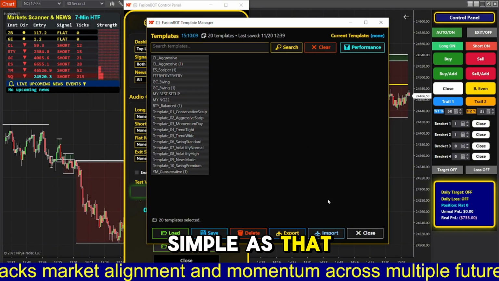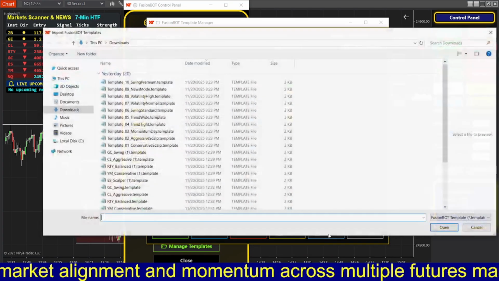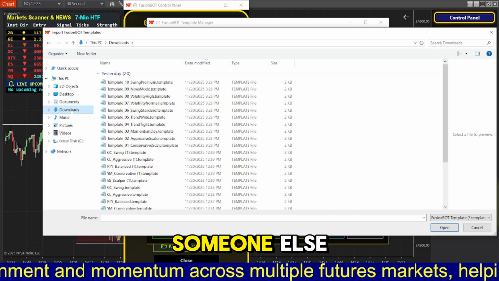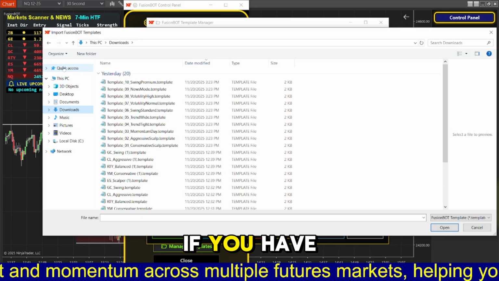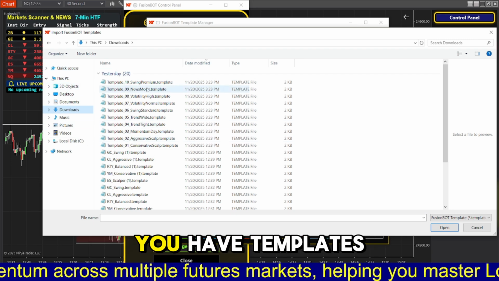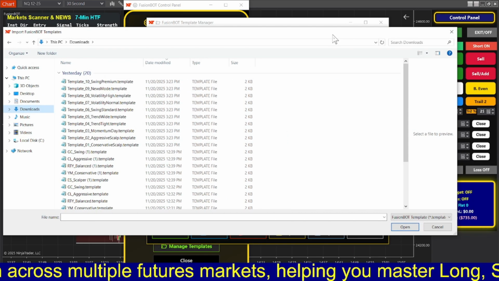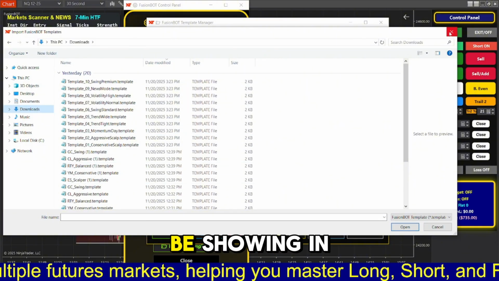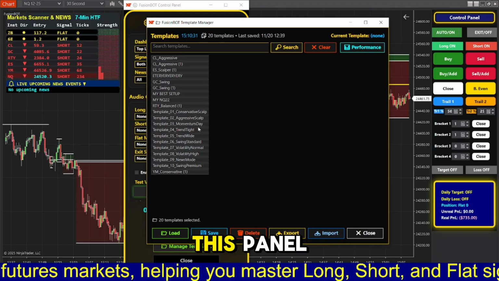Simple as that. Same thing with importing. You can simply import whatever you have downloaded from someone else, or if you have templates on your desktop or anywhere, you can click on them and click open, and they will be shown in this